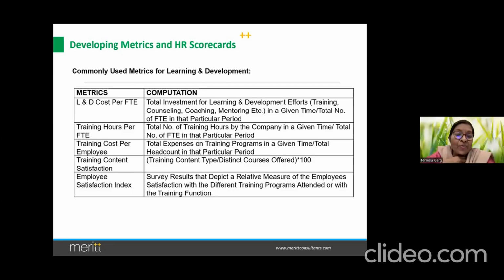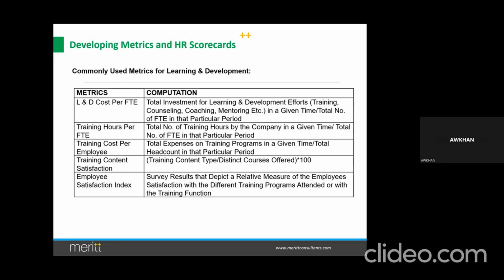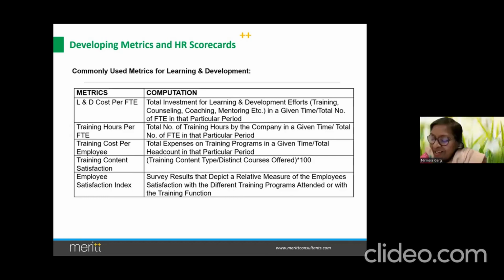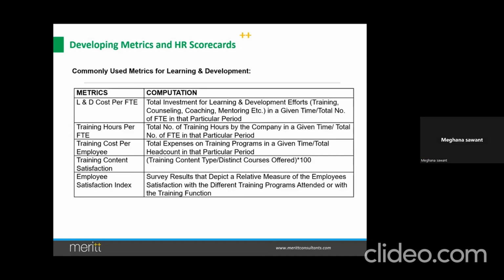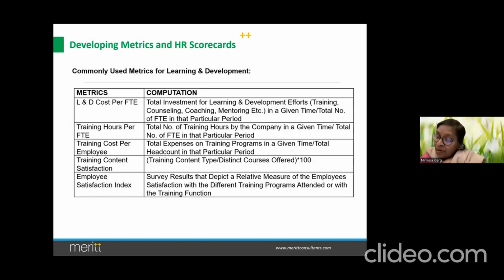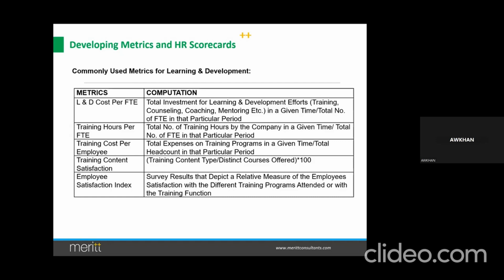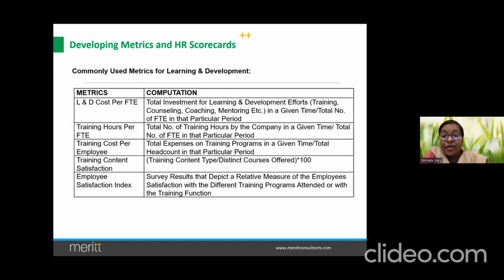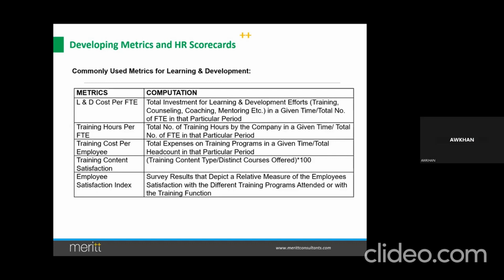So typically, when you do it, does it require a bit of time to reflect the performance of an employee? You tell me. So I will talk about one nice, interesting model, the Kirkpatrick model, in the next session, where immediately the trainer or the organization takes feedback. Was the food nice? Was the pace nice? Was the content okay? Did you find the trainer okay? And also the concept clarity. You can't even expect employees to perform immediately.